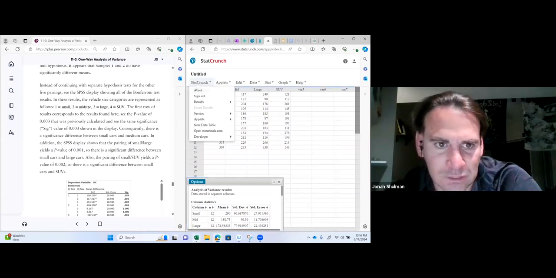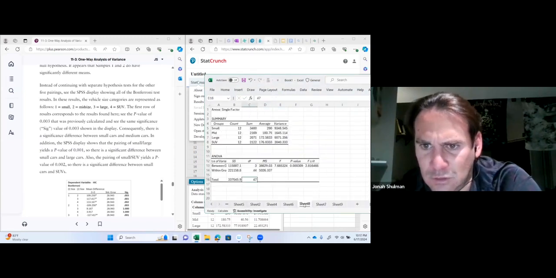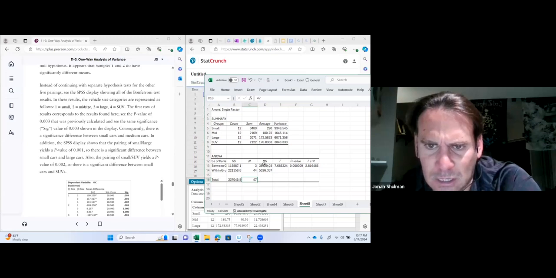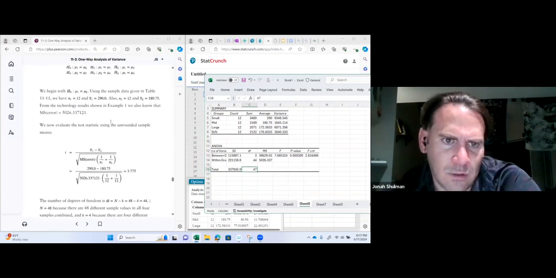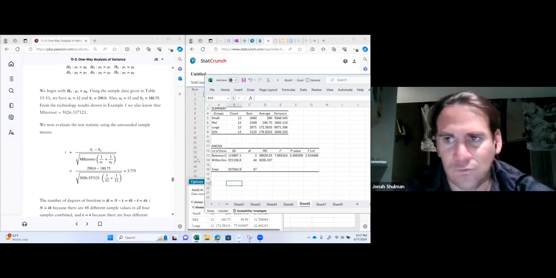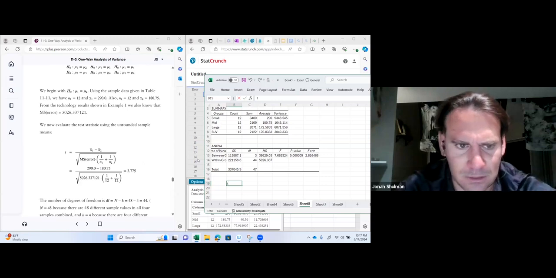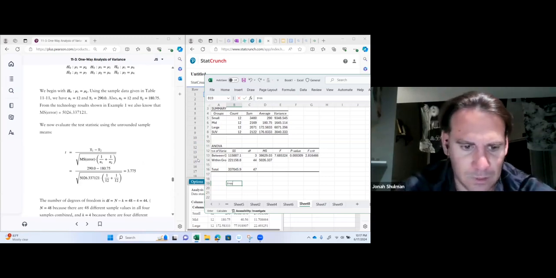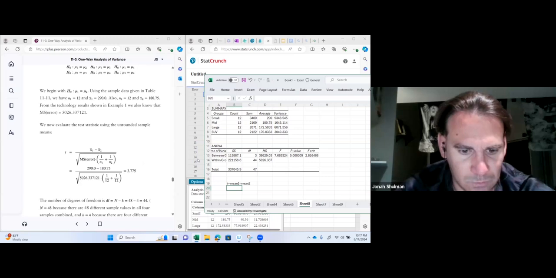So we should already have this in Excel, right? I think I put it on this sheet, and here's our values. Cool. All we need is the mean standard error and the means for everything. So we're good to go. We can do these. So here we go. Remember, this is your formula for this Bonferroni, but remember yours does Tukey. So here it is. T is equal to mean 1 minus mean 2. Then all we have to remember to do is to divide this by the square root